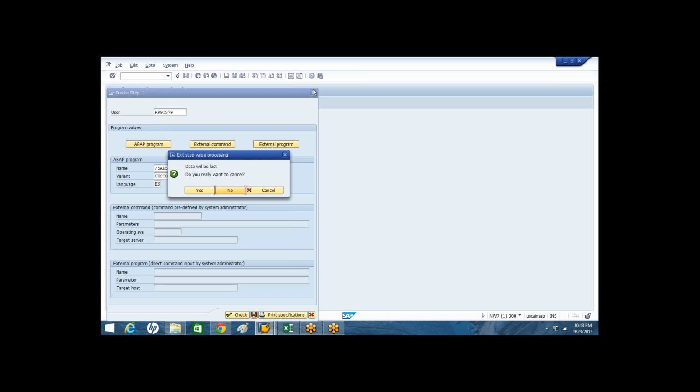Those are called event based background jobs. There are two different background jobs in SAP. One is periodical, which keeps running irrespective of any inputs, whereas event based background jobs run only when something happens or something is received.